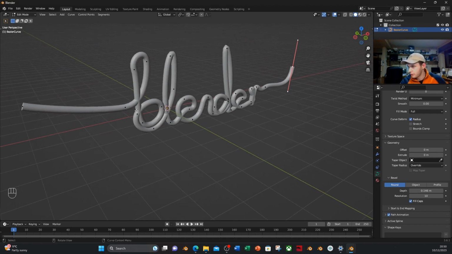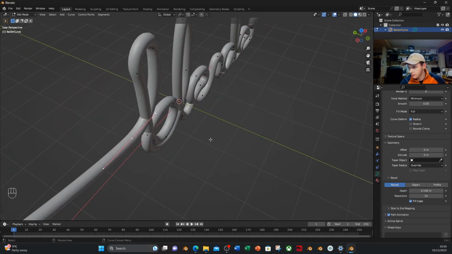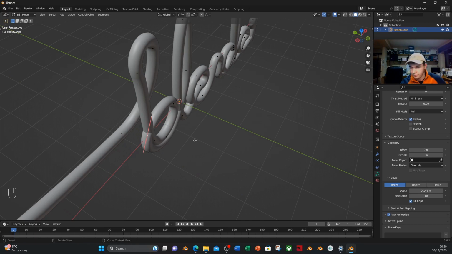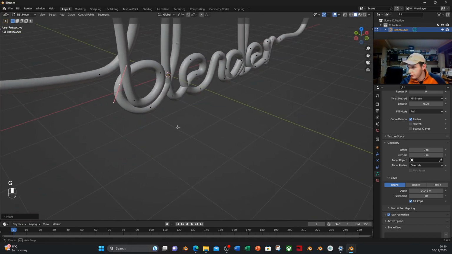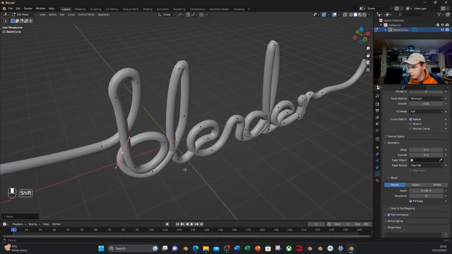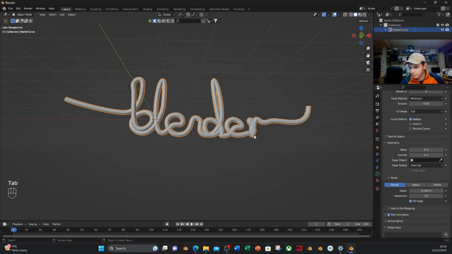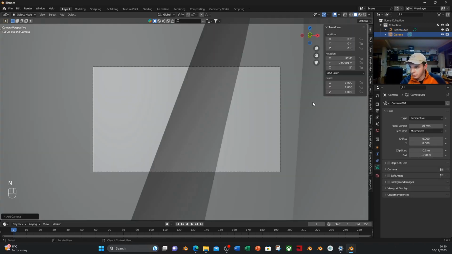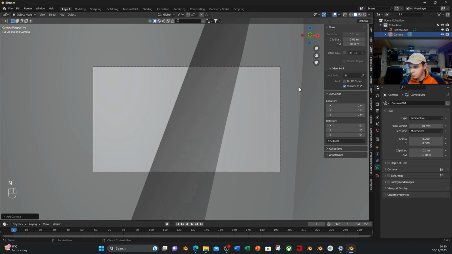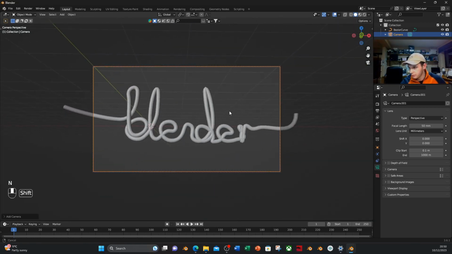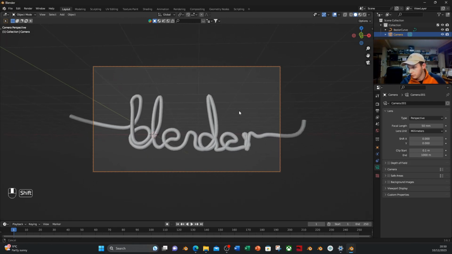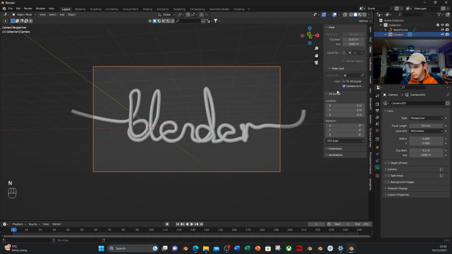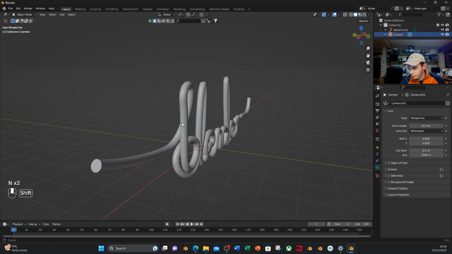Now what I'm going to do is go in and fix the intersections. So I'm just going to bring everything that's intersecting back along itself like that, just so it doesn't look so bad. Actually, let's set up a camera. Shift A, camera, just like before. Look through the camera, press N, view, lock, hide that, zoom out a little bit, frame it maybe like that, N, turn that off, and we'll just go in and fix some of these